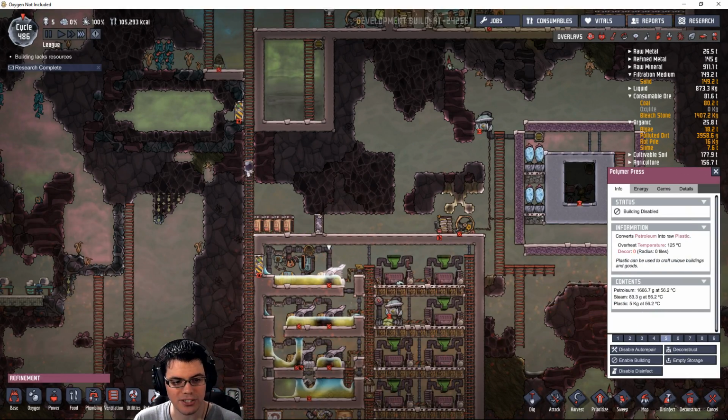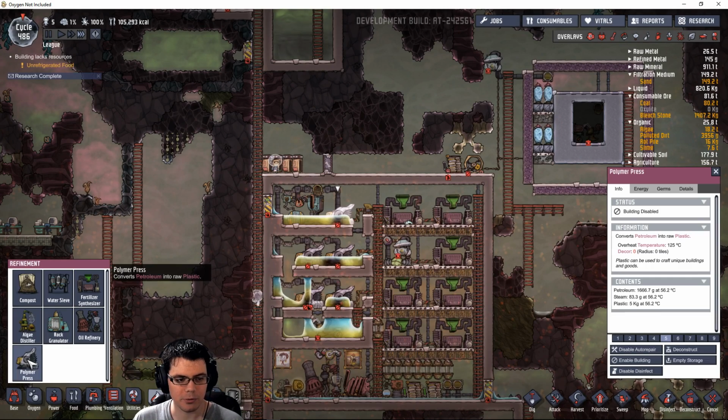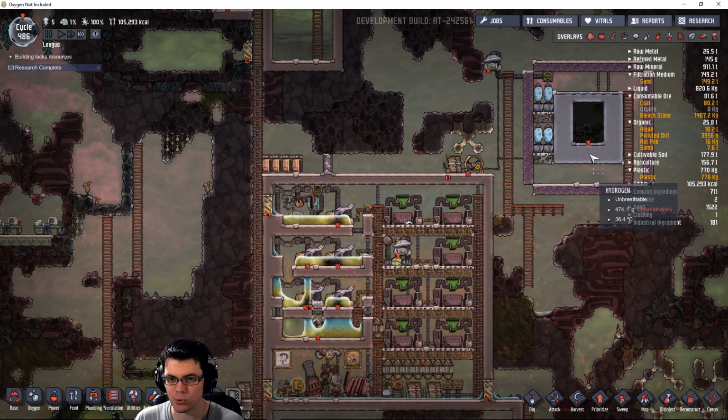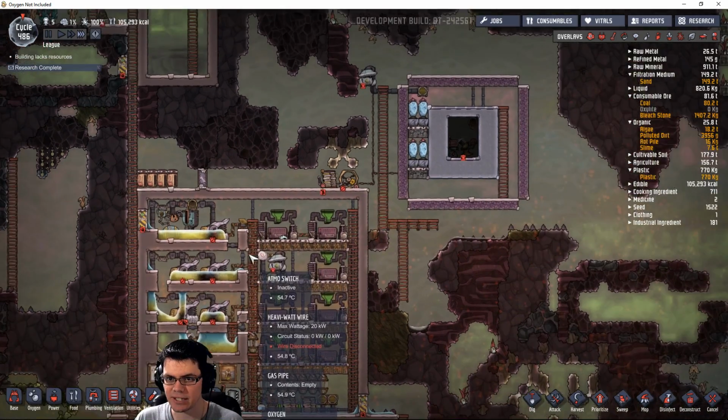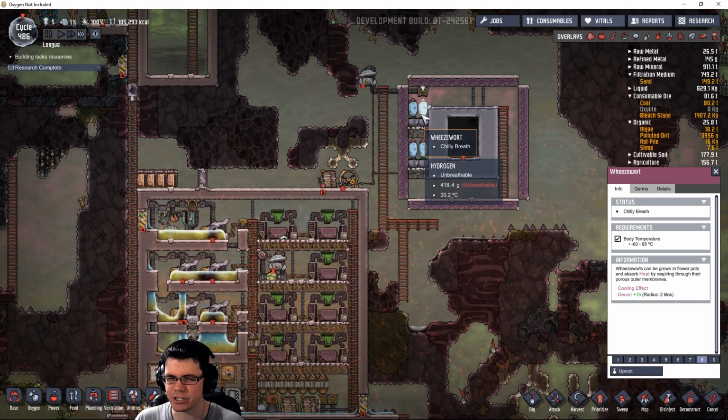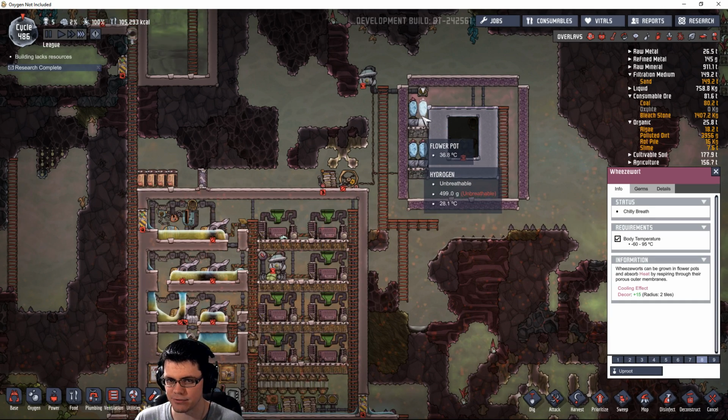If we look at the polymer presses here and we look at the refinement for the polymer presses, what I'm trying to get at is the amount of watts in heat that it puts out, which is 162.5, which is a lot. I'm guessing that once I get a few of these together, it's going to be more than what I have for the Wheezewort. And I have not done any research on exactly how many watts of cooling